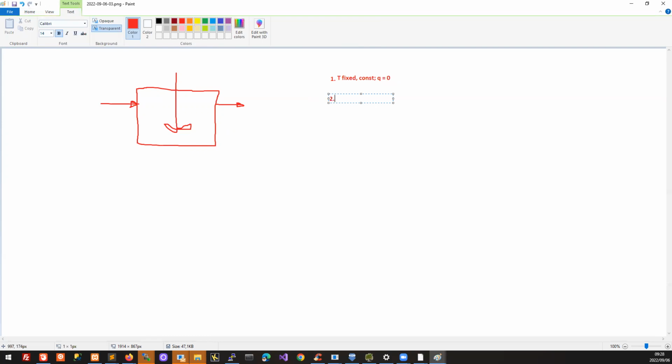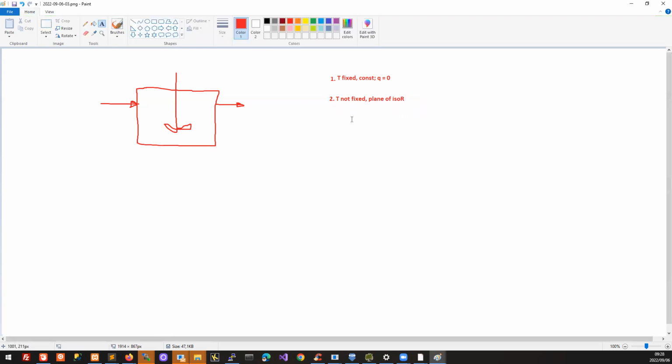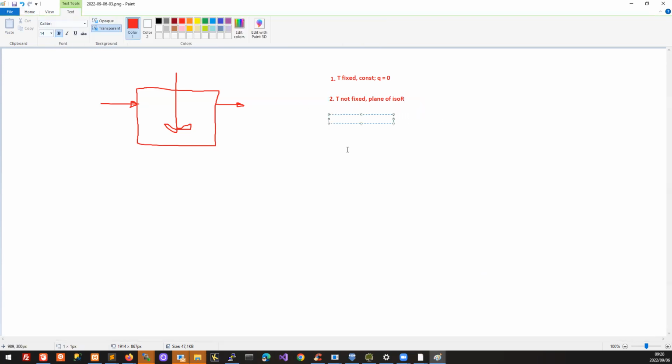Then we said, well, T is not fixed, and there's a whole plane of isorate lines to consider. So that was the second thing. And even in the case where we were not adding heat to the reactor itself, we had interstage coolers, but we didn't add heat to the reactor itself. So then we could develop the expression. What we showed just now was